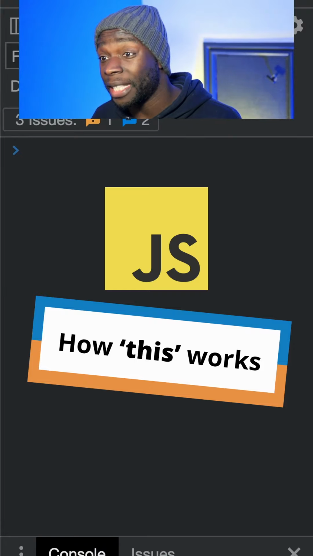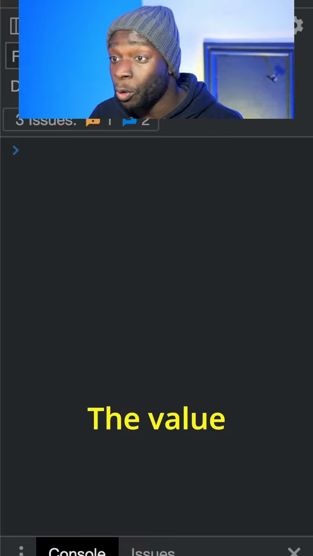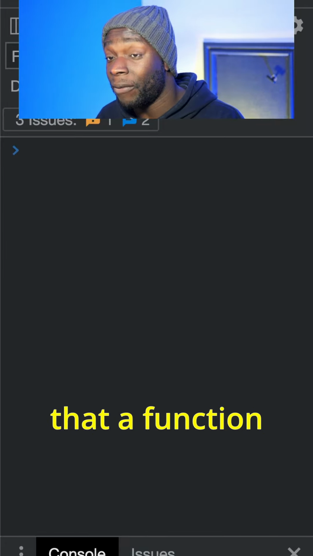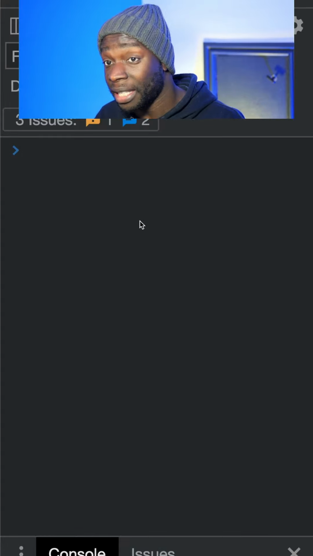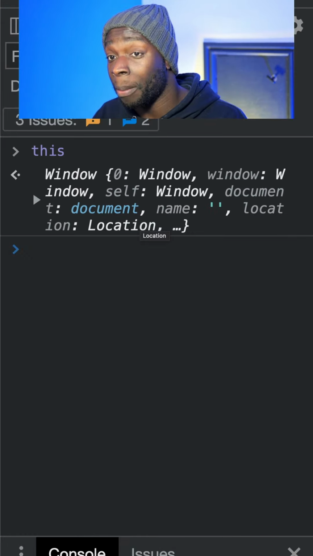The this keyword in JavaScript simply refers to the current object. The value of the this keyword will be different based on the context that a function is called in. If I run the this keyword here, I get the global object, which in the case of the browser is